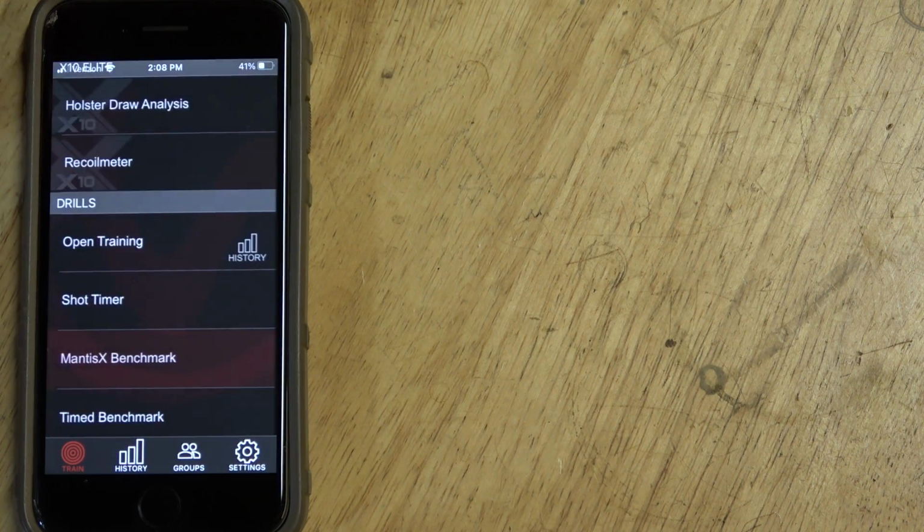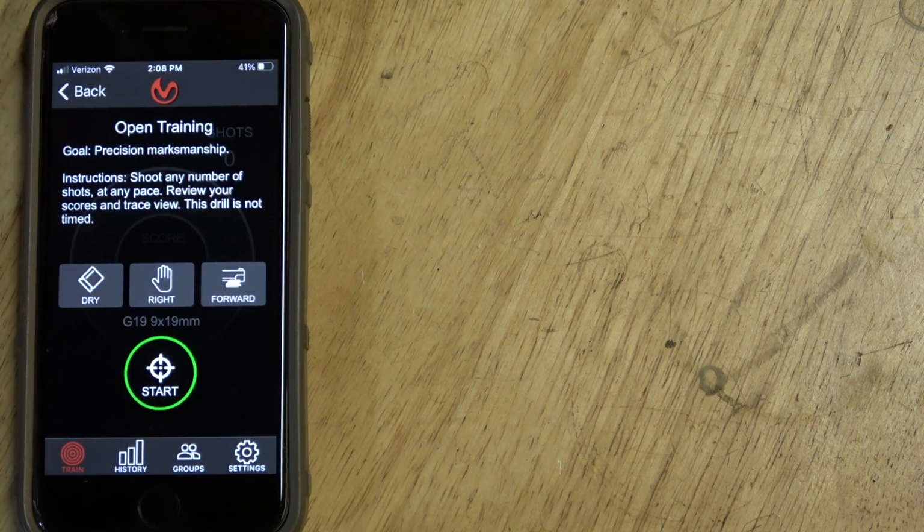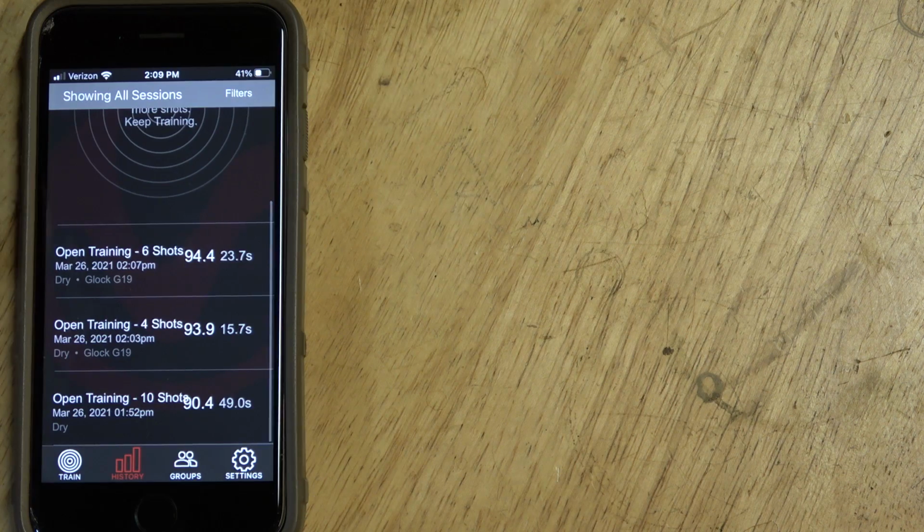When you're finished, just hit back, and then again, if you want to do more training, you can just hit it and start all over. In the history, you have a lot of different options to be able to look and see what you did in previous sessions. Now guys, after the dry fire practice, we did want to do some live fire and went